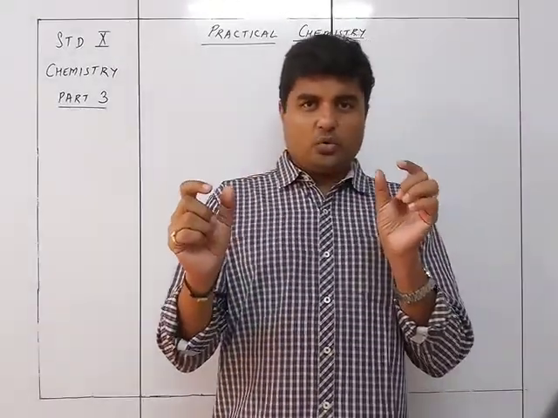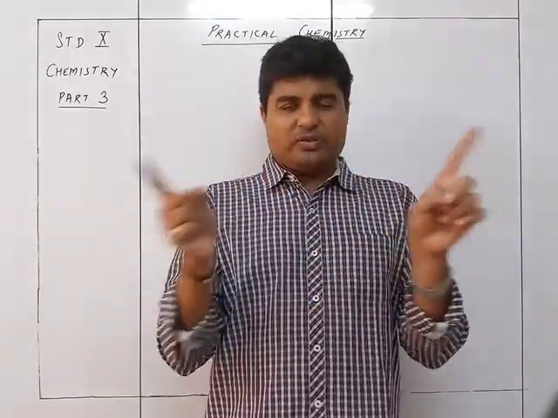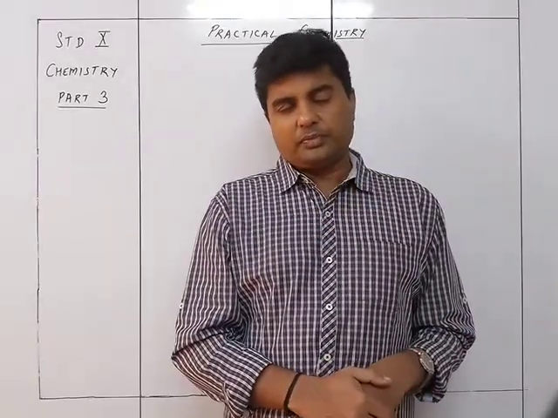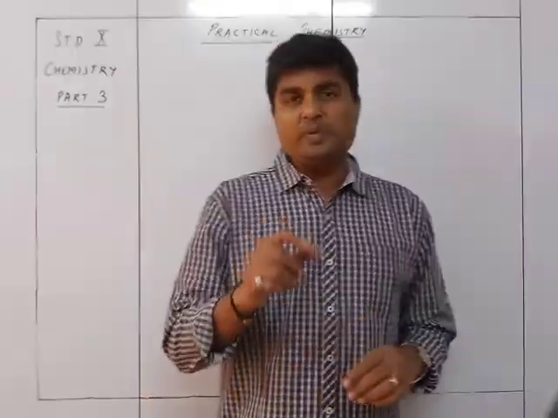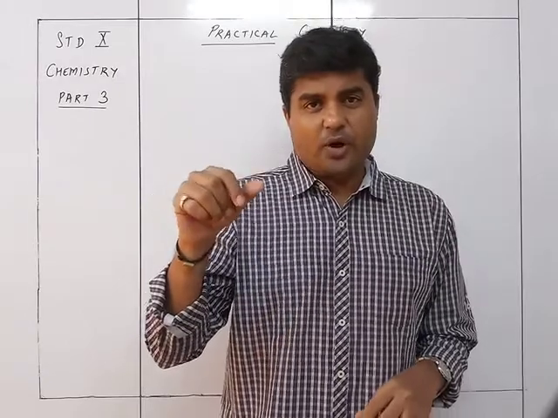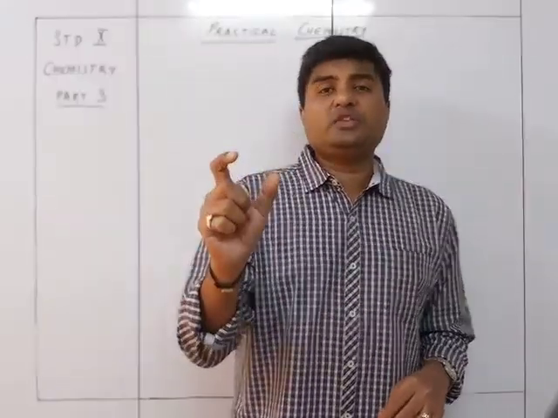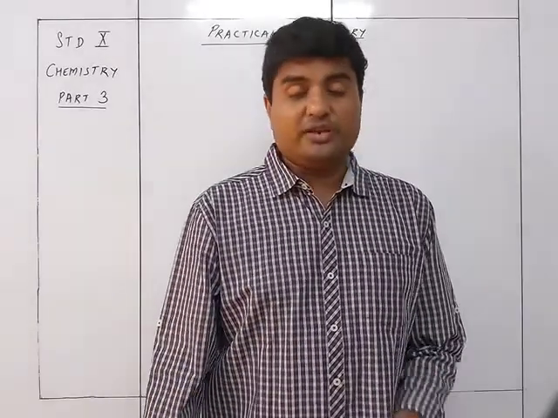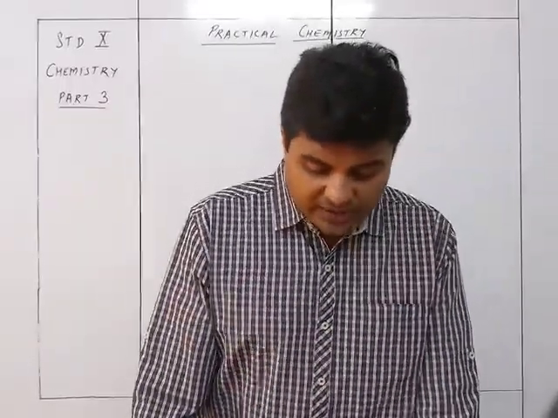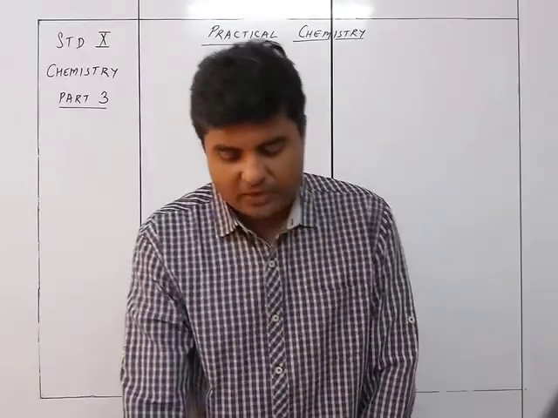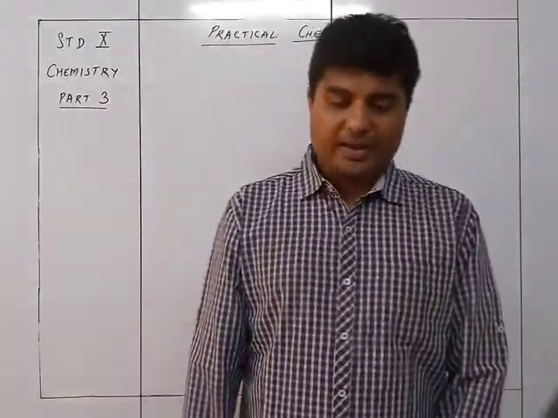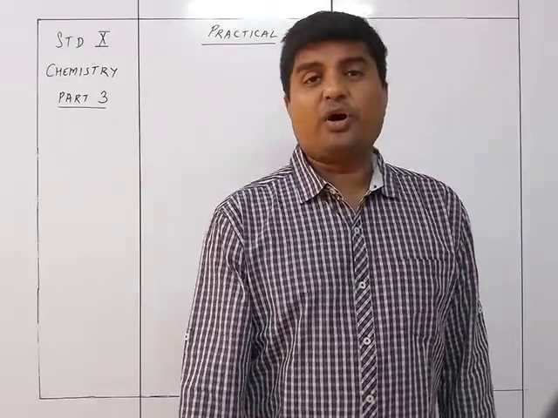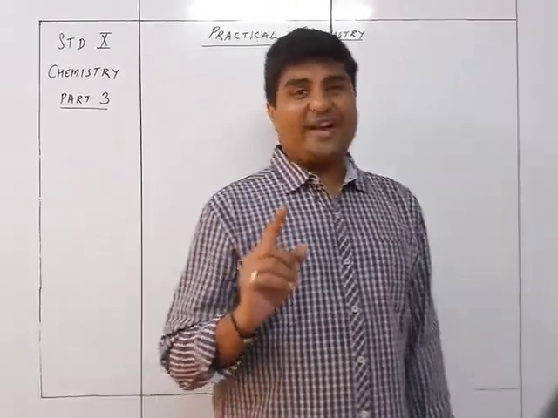BaCl2. The Cl of BaCl2 and Na will combine with each other, and Ba will react with, of course, the CO3. So it will be BaCO3, which will form a white precipitate. If this reacts with HCl, it is going to give you BaSO3, sorry, not CO3, SO3. The white precipitate BaSO3 reacts with HCl to give you BaCl2 again, which is a soluble salt. So that is the test for carbonates and sulfites.